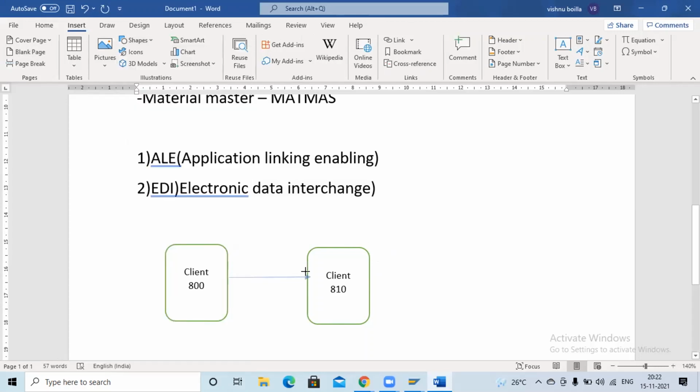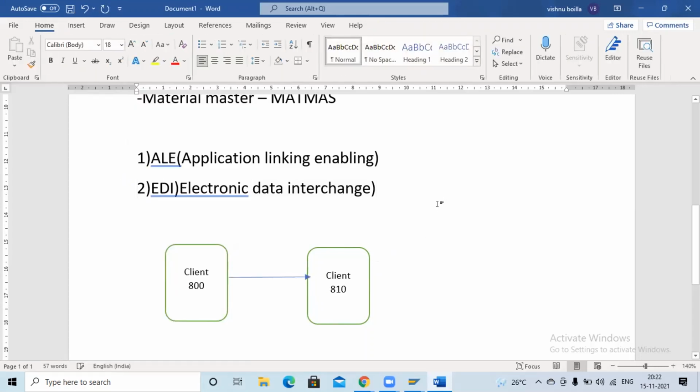Now I am using the IDOC concept to move data from one client to another, sorry, from one SAP system to another SAP system. I am taking two clients internally because we don't have any quality or production servers. The same concept you can use for any kind of data.